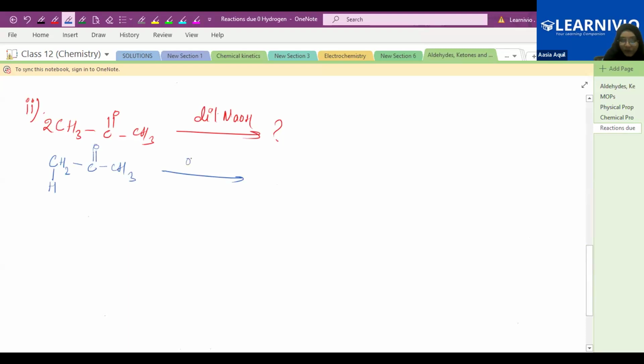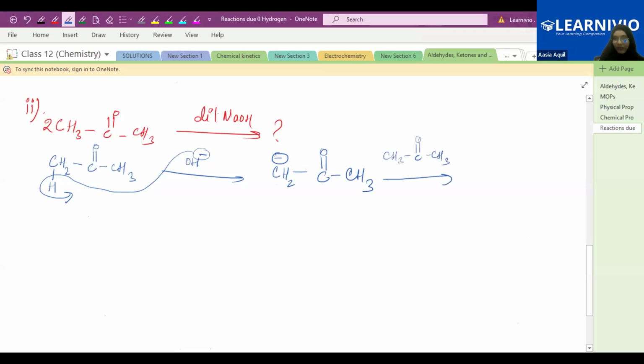So this base will give you OH minus ion, right? This OH minus ion will abstract this hydrogen. When it abstracts this hydrogen, H2O will be liberated, and on this carbon there will be a negative charge, which means a carbanion will be formed. Now, the next step, another mole of this ketone, which is CH3